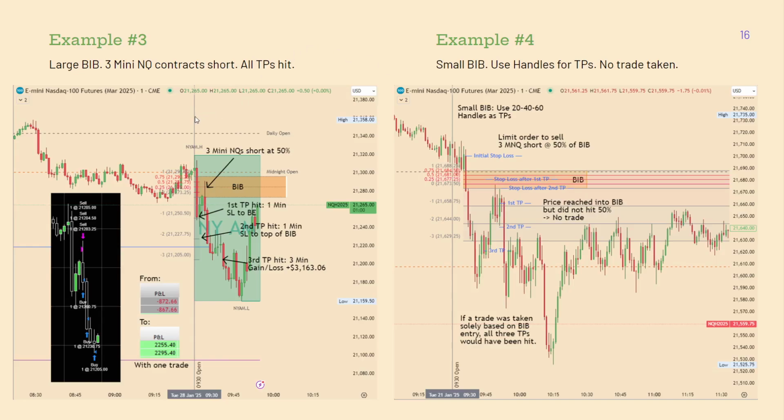Here is a third example of a trade I took just a day ago. We took 3 mini NQ contracts short. As you see, we had a sell side candle that we shorted. We put our longs at 50% and experienced only a few handles of drawdown before price quickly went in the